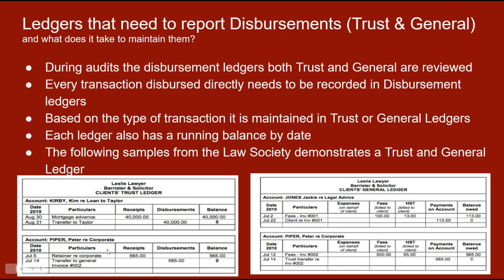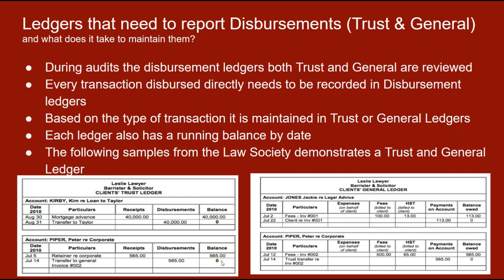Awesome. Alrighty, so if this was really a trust disbursement, then what you would see is a line item on the specific date when that trust disbursement occurred. The particulars could be a court fee, and the disbursement would reflect the actual cost of that disbursement, which is, let's say, $260. That's it. And this would say, let's say this is $265, and let's assume for simple math, the disbursement was $565 and $265 is the disbursement.